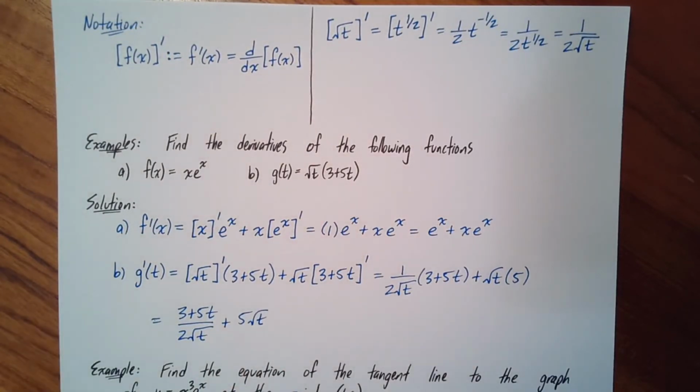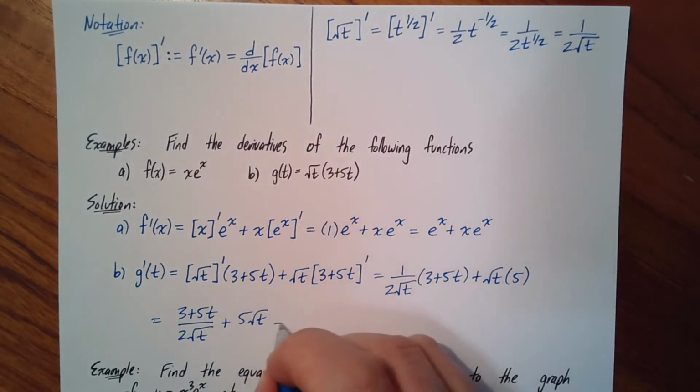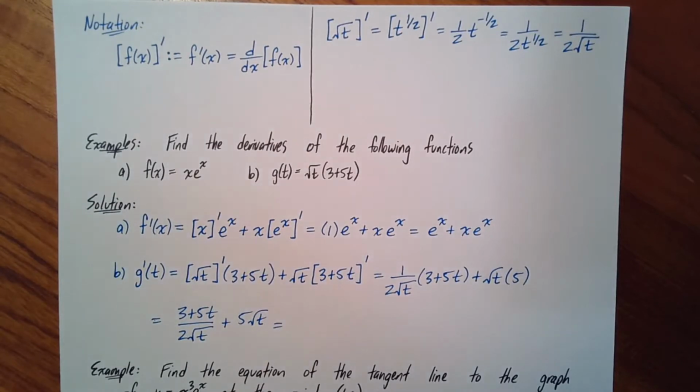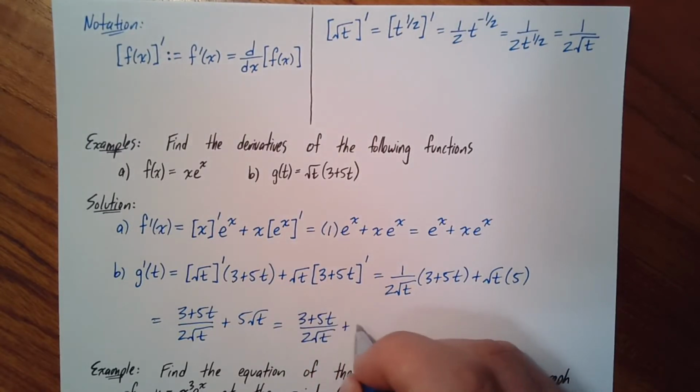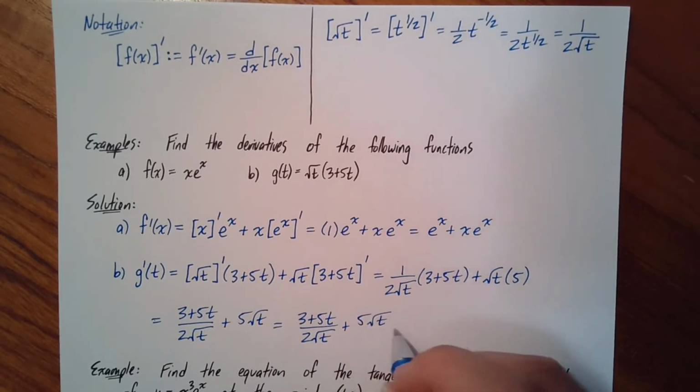All right, well now, technically this is done. If we were to stop here, there's nothing wrong with that. This would actually be the correct answer, but it would be nice to get a common denominator and clean this up. It wouldn't take much work to do, and in fact, it might actually clean up quite nice. So let's multiply this 5 root t by 2 root t over 2 root t to get a common denominator. So I'll have 3 plus 5t over 2 root t plus 5 root t times 2 root t